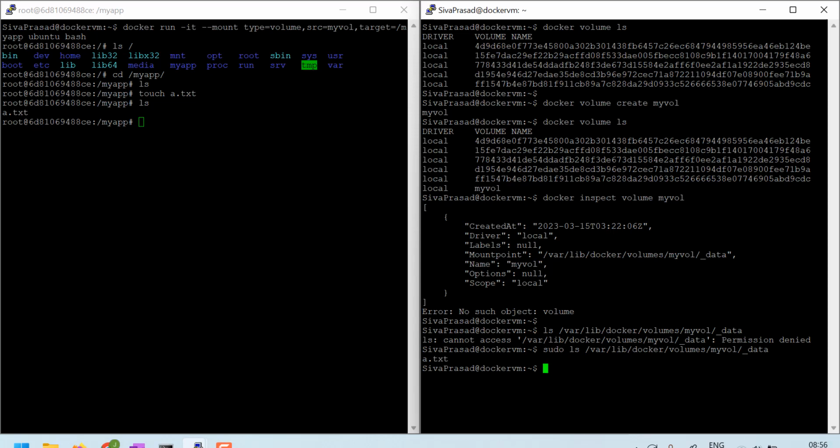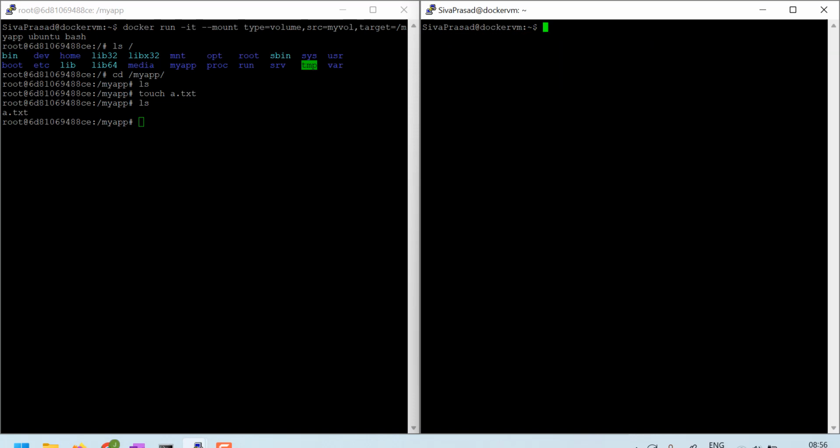Yes, is the a.txt created on the host machine at this path? Yes. So now what I could do is create one more container using a similar command, using the same image. So docker run